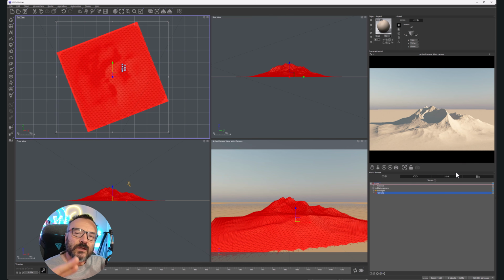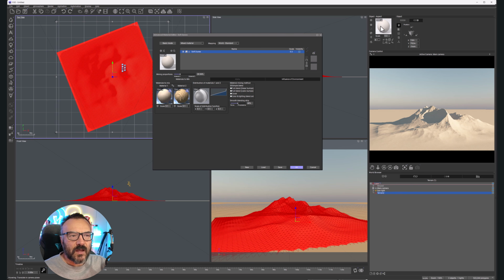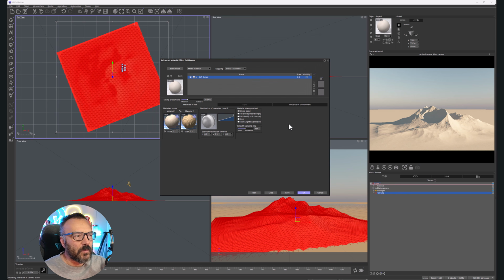Because the two materials are the same for the infinity terrain and the terrain we just created, you can see they're blending very well together. However, soft dunes maybe does not look very nice on a mountain itself. For this, we need to combine with different materials. As our terrain 2 is selected, we can just double click on the icon, which opens